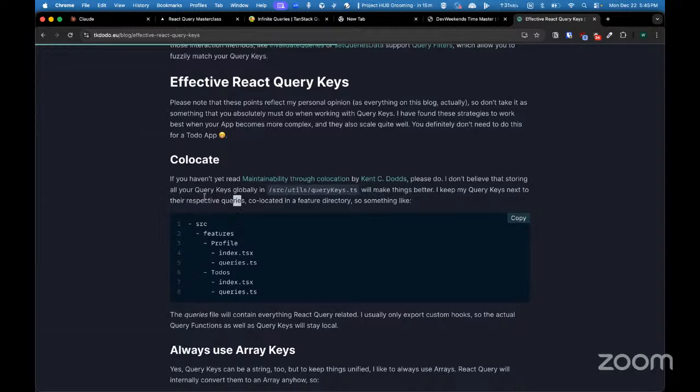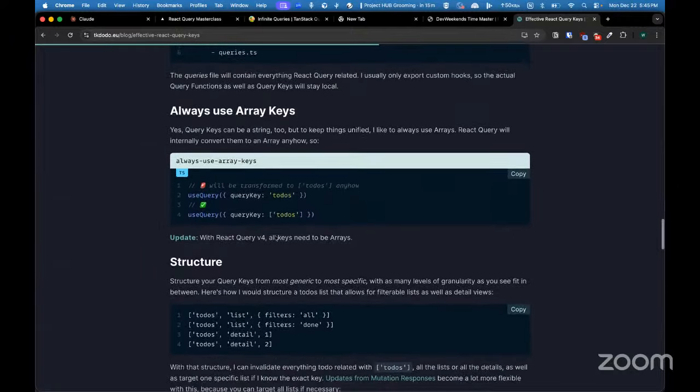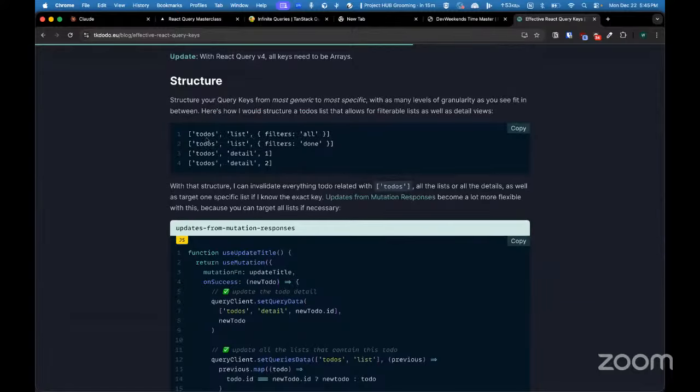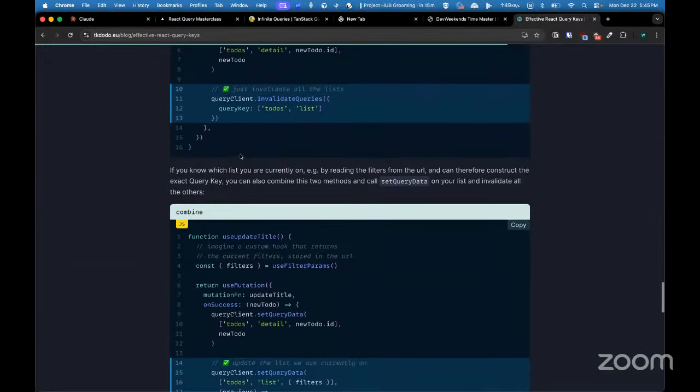वो करता क्या है, मैं अपनी क्यूरीज के अगेंस्ट क्यूरी कीज रखता हूँ, इंस्टेड ऑफ कि मैं कोड में उसको मैन्युअली कर दूँ। कोलोकेट, सही है। और वो स्ट्रक्चर भी जो हमने अभी बनाया है, लाइक पहले एक मेन टू डूज, फिर उसकी लिस्ट, और फिर अगर टू डूज में से कोई डिटेल है, ऑल ऑफ दिस थिंग्स।